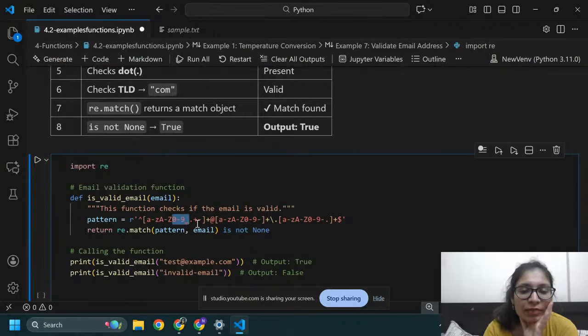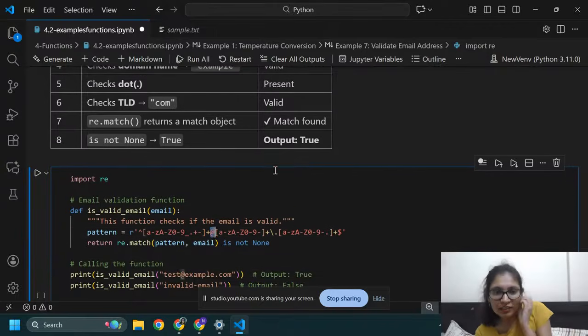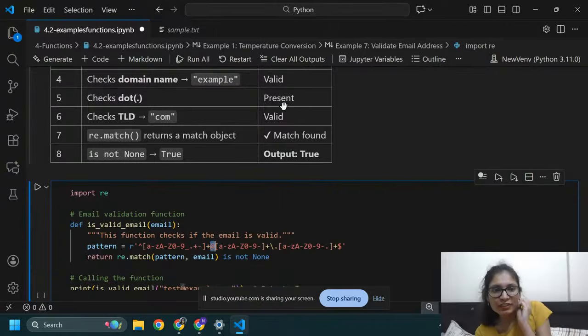It will match dot, plus, minus. This is the user part; it will match this user part. After this it will check the at the rate part. This is also valid, and it is present.